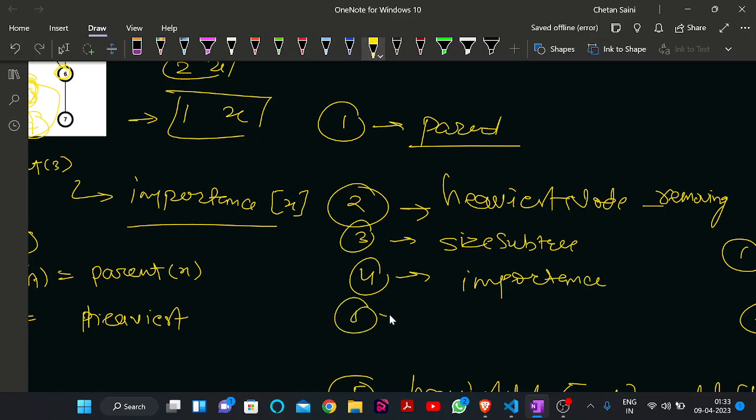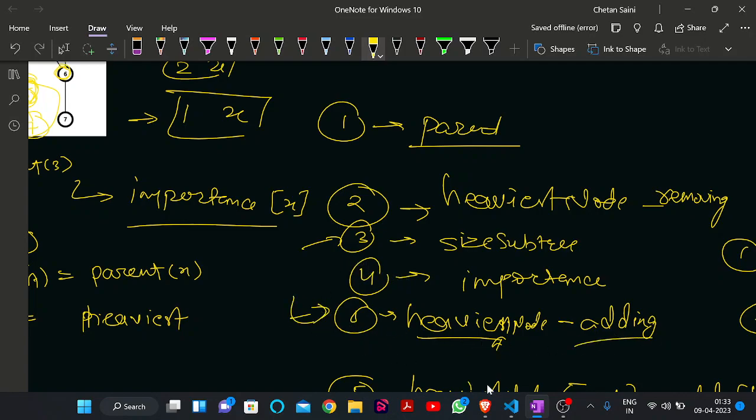Then the fifth change was again in the heaviest node, but for adding. Why are we doing this one last? Because we are adding the size of the subtree in this one, and we have updated that size of the subtree in our third step. So we are making the change of adding in last. So